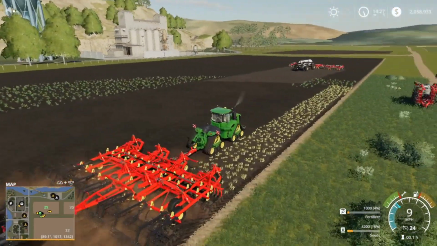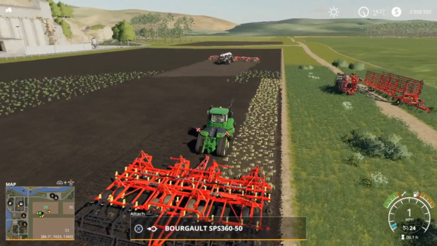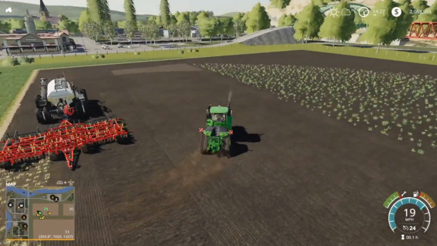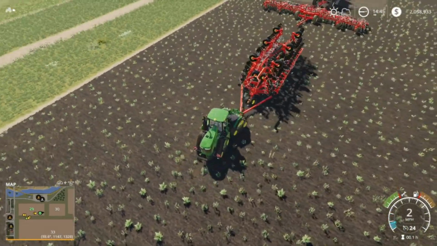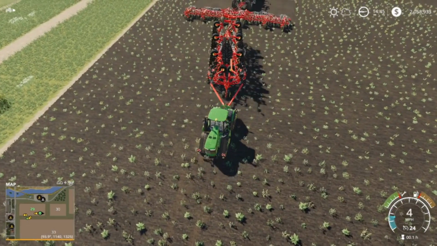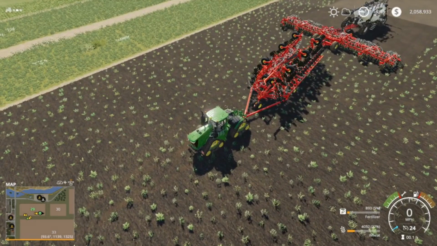Alright, and the last thing I gotta show off now is the cultivator. Unplug that. Be back when that's all set up. Alright, we got the cultivator here. We're just gonna try to quickly attach this. Should attach, no issue. There we go. Attached to the drill. And now,